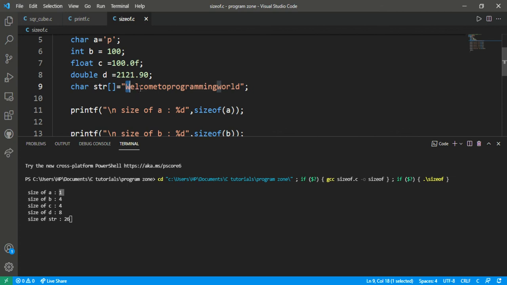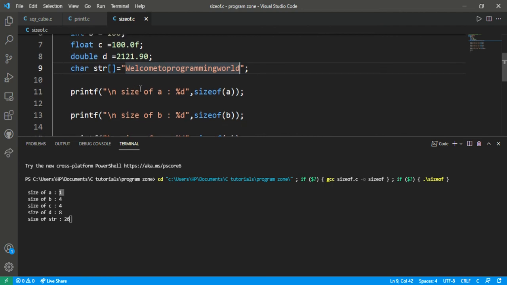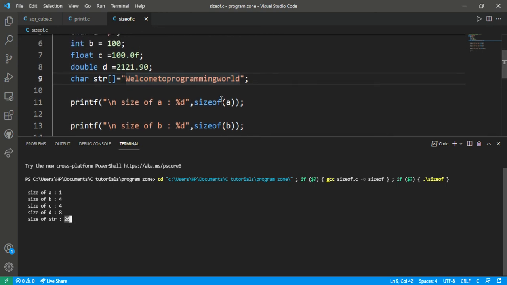So counting 1 2 3 4 5 6 7 8 9 10 11 12 13 14 15 16 17 18 19 20 21 22 23 24 25, and the null character, and including the null character, it is printed like 26.